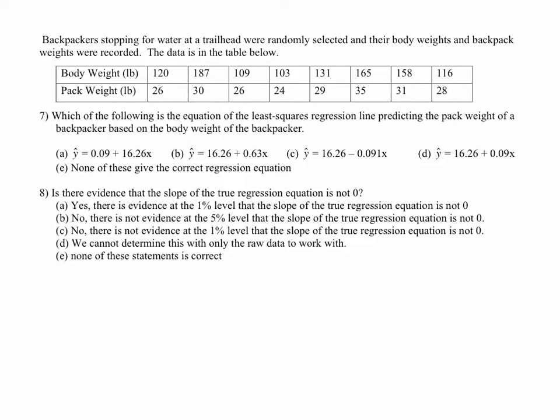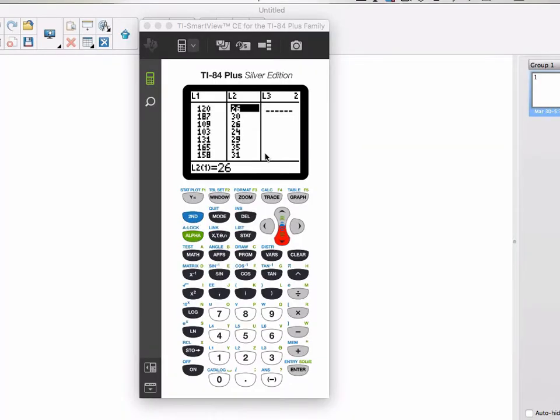So let's pull out the calculator, make sure you enter in that data, and we'll work through this on the calculator. All right, once you have your data typed in and entered into a list, for number 7, we just need to find the equation of the best fit line. So you could actually do this with StatCalc 8, or if you've looked ahead at number 8, we're supposed to talk about evidence of whether the slope is not 0, which means we're going to need to